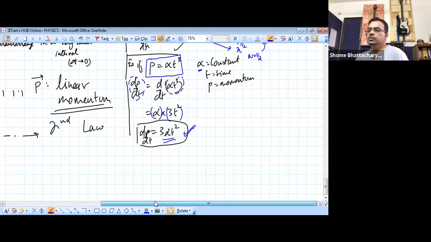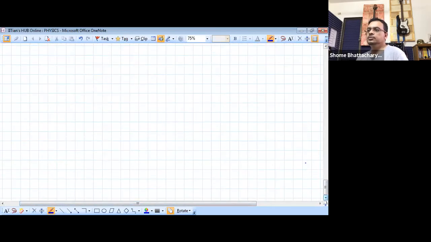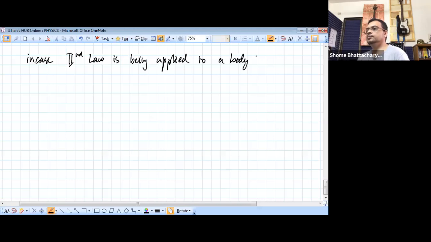Now let's come to Newton's second law. Now we come to the very important aspect that suppose we are dealing in Newton's second law with a body or a particle. Okay. So in case the second law is being applied to a body, or typically what we call a rigid body. Rigid body means its shape and size is not changing, or a particle,